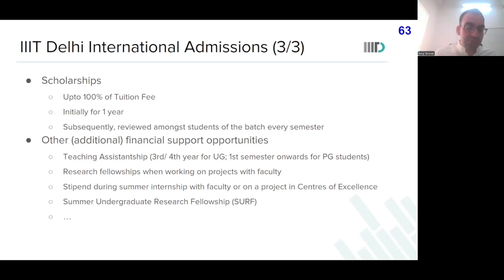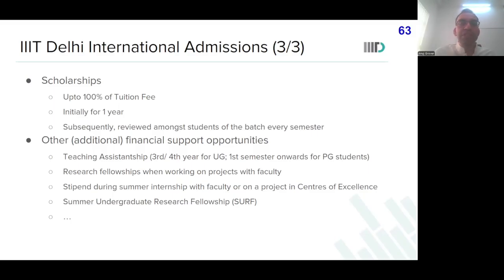When we say that the scholarships are reviewed and redistributed, it may happen that a person who received a 50% scholarship at the time of admission, because they performed well after joining IIIT, may be given a 75% scholarship or a 100% scholarship. However, it may also happen that if you do not perform well after joining IIIT Delhi, then the scholarship amount may reduce to 25% or even 0%. In the past academic year, we distributed scholarships worth $160K to the students through this program.